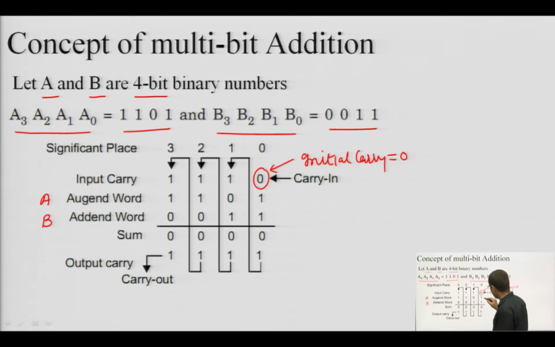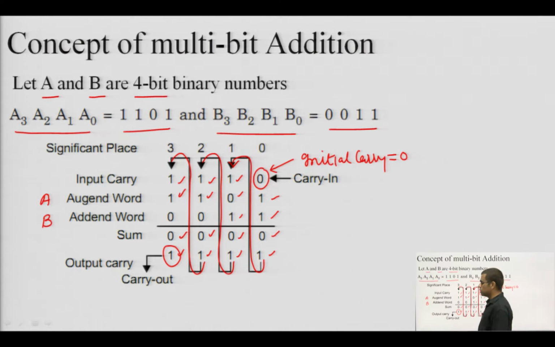So, when we start adding 1 plus 1, sum is 0, carry is 1, this 1 is being sent to the next stage. Okay. So, here we can see 1 plus 0 plus 1, again sum is 0, carry is 1, this 1 is again sent to the next stage. So, 1 plus 1, again it is 0, carry is 1, this 1 is again sent to the next stage. Okay. Then 1 plus 1, again it is 0, carry 1, but this 1 will be my final carry out, because this is not going to be sent to any further stage. So, this is my carry out.